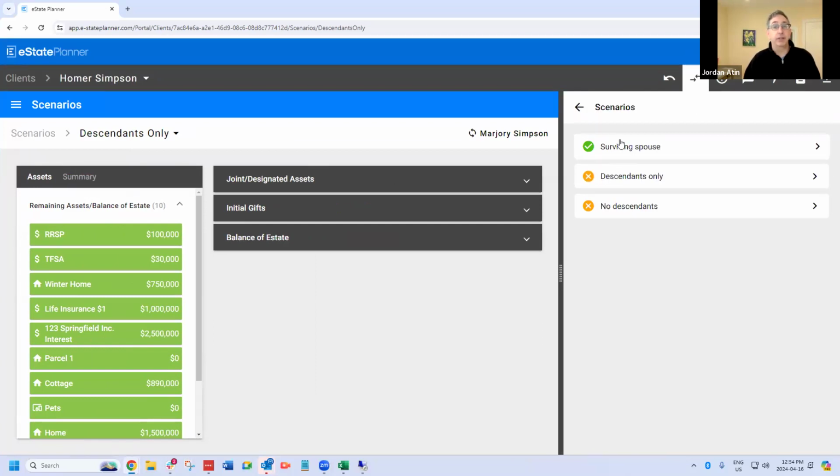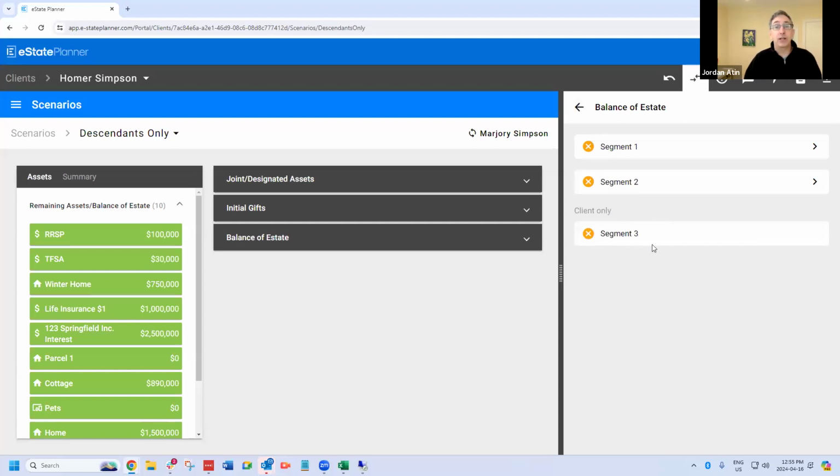The scenarios were different. Yes, the surviving spouse scenario was correct, but the balance of estate in segment 1 was different with the payout, okay? And similarly, in no descendants, the balance of the estate, one client had 3 segments, right? The charity gift, and the others only had 2. Well, eState's going to see that matches or doesn't match, and